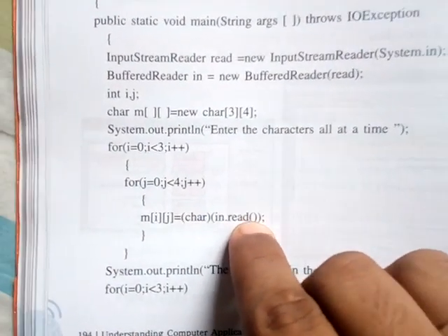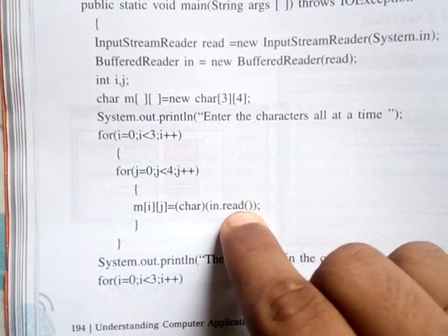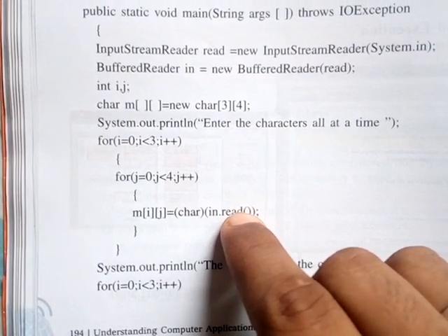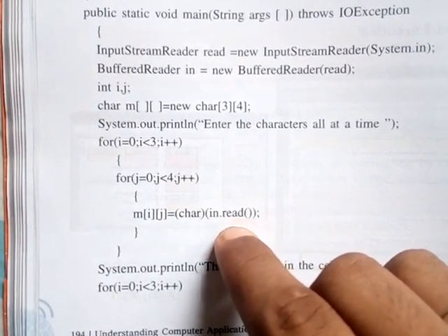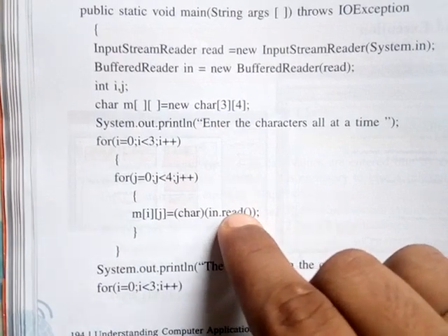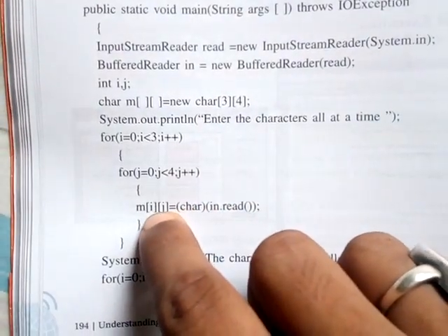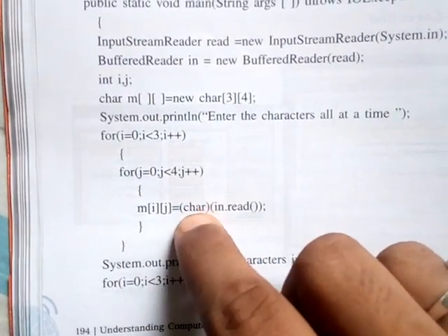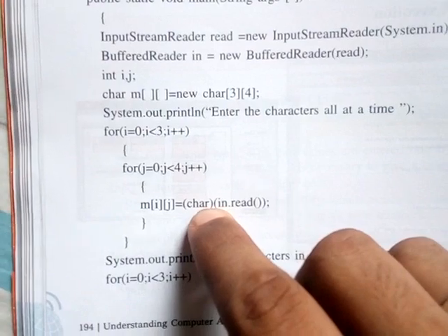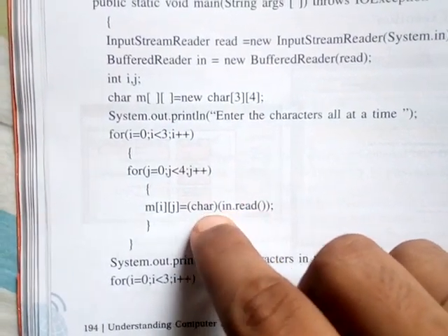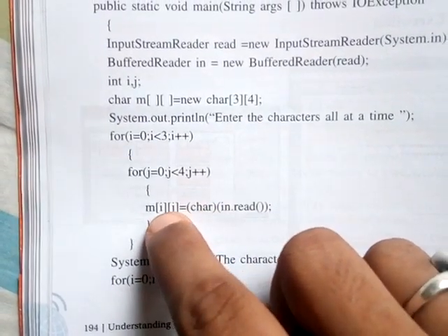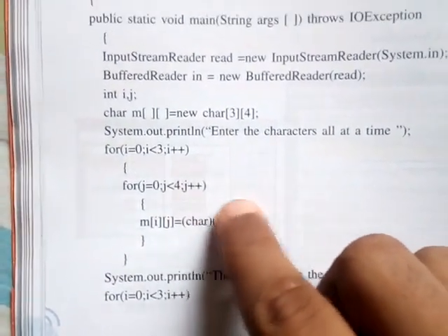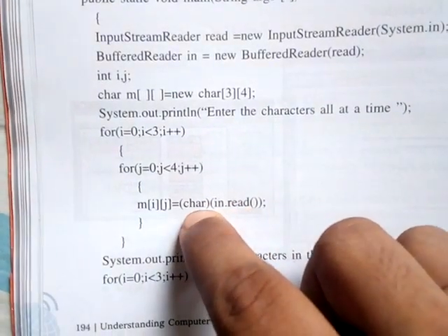Because using this read method, the user can enter a string. But while you are entering the string, obviously it wouldn't be called a character. Suppose you enter "andal", only A will be entered in this place. Why? Because that word will be converted to that character forcibly. This is called typecasting. So by mistake, if you try to enter a word, only the first character of the word would be entered. That is why this char is mandatory, especially while we are using the InputStreamReader class, or in this way.